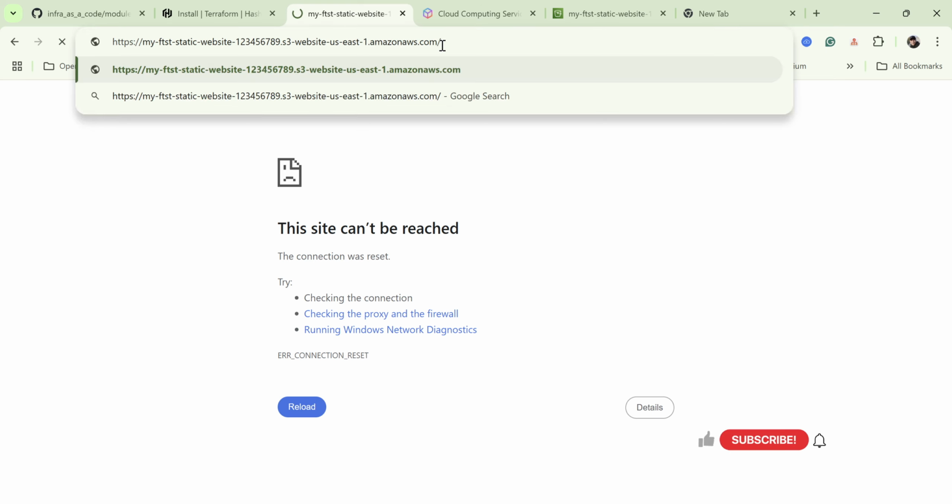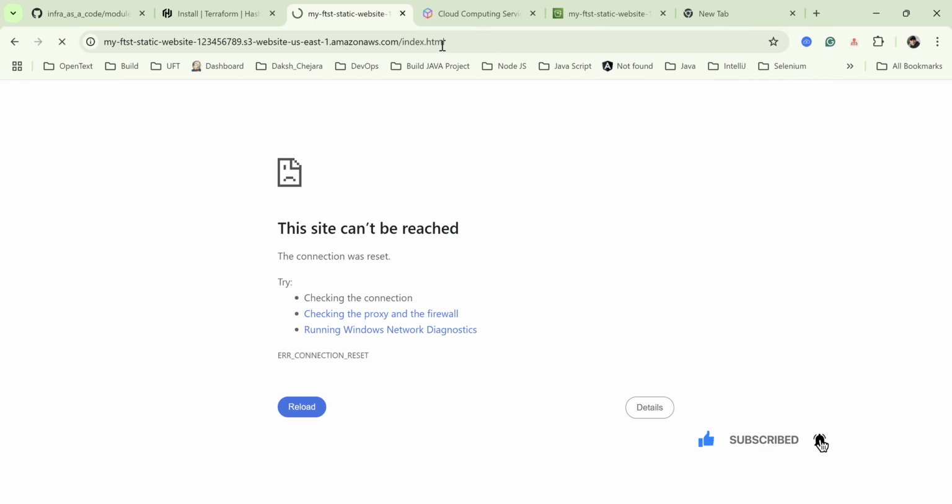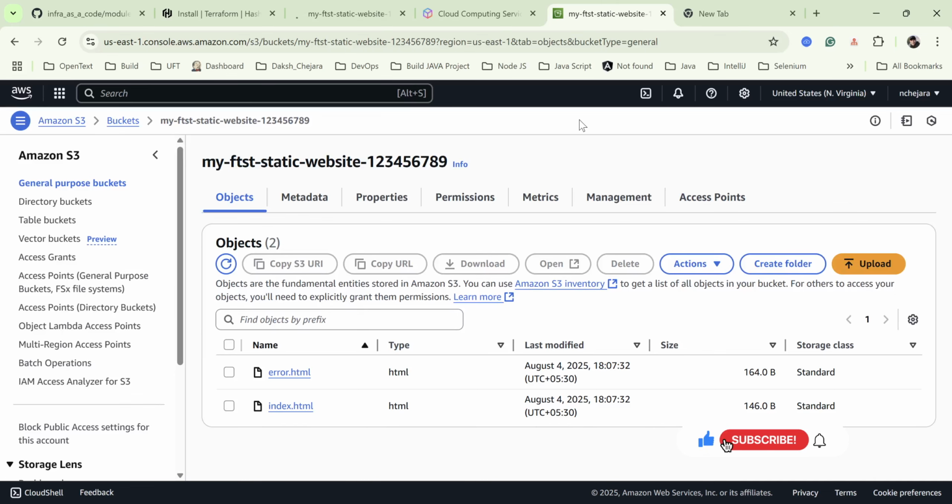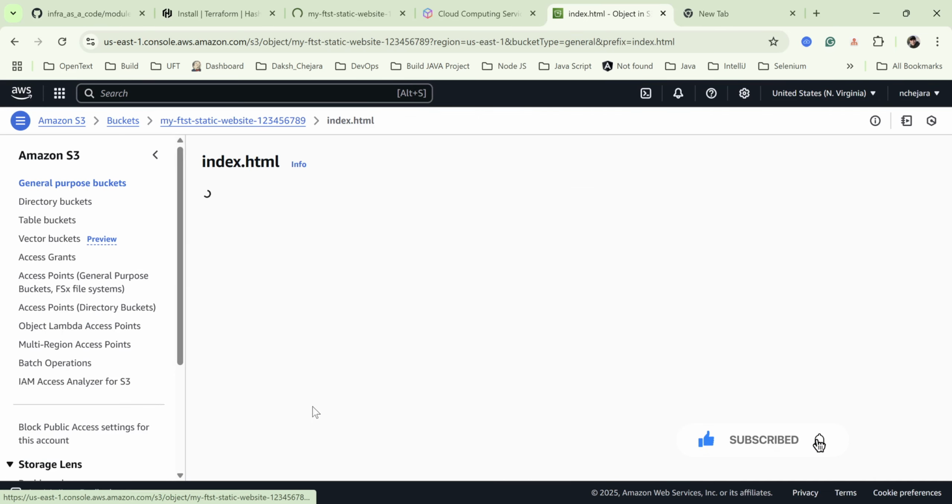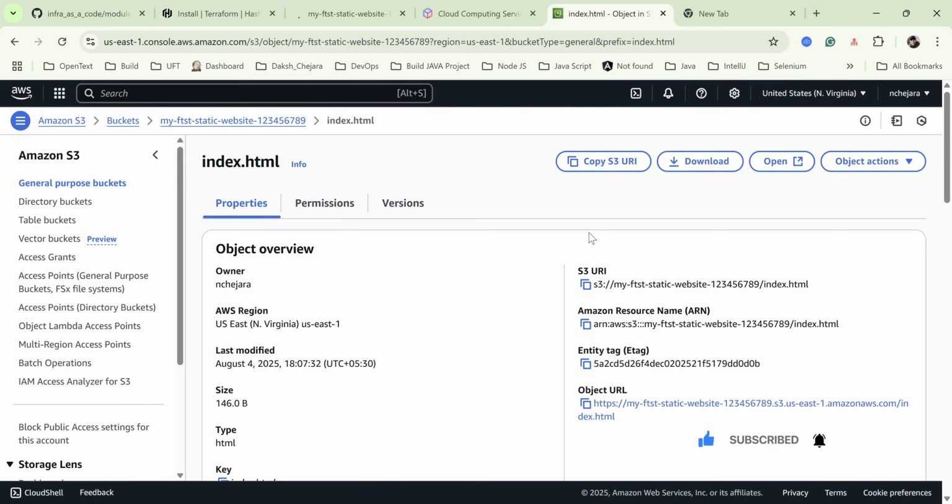So let's put index.html here, perhaps. No endpoint. Wow, this is supposed to work here, but for some reason it's not working. Let's take a look. Index.html, open it.